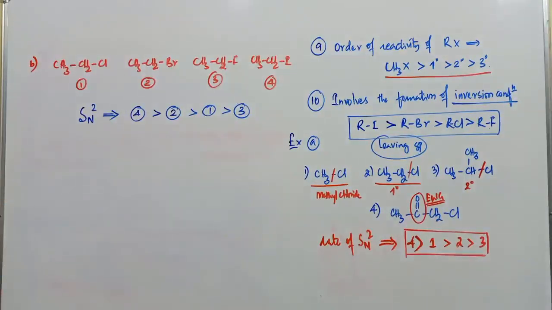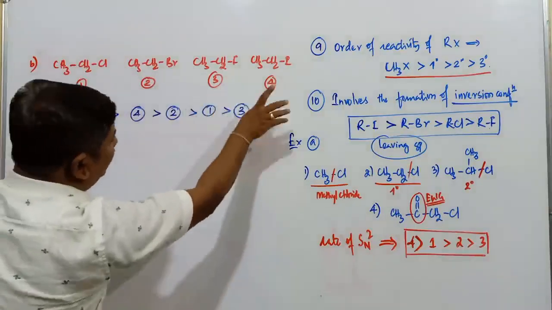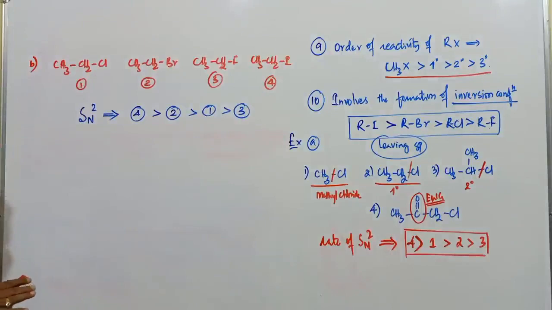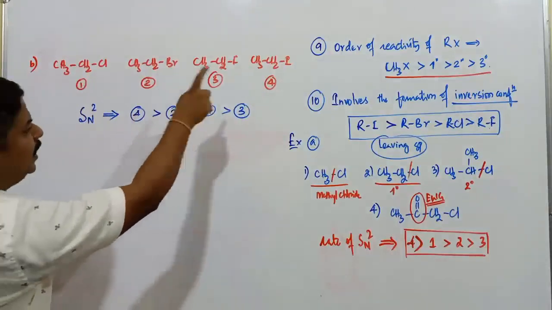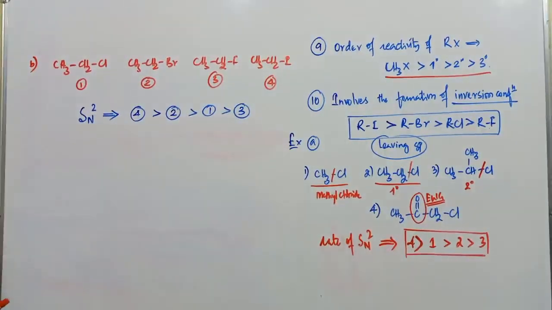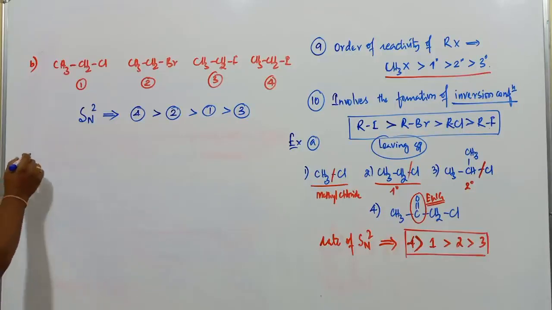Suppose any alkyl halide containing tertiary or other particular groups has different types of halogen atoms, the same order should be followed. Iodides are more reactive and fluorides are found to be least reactive in this particular SN2 reaction. Like that, we come across so many examples in this SN2 mechanism.